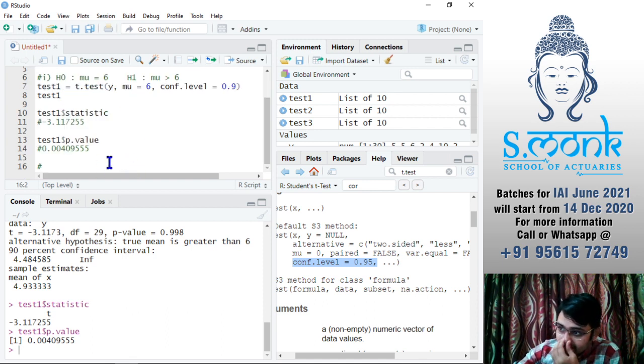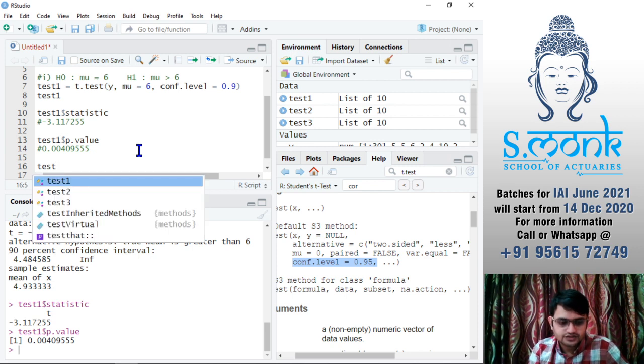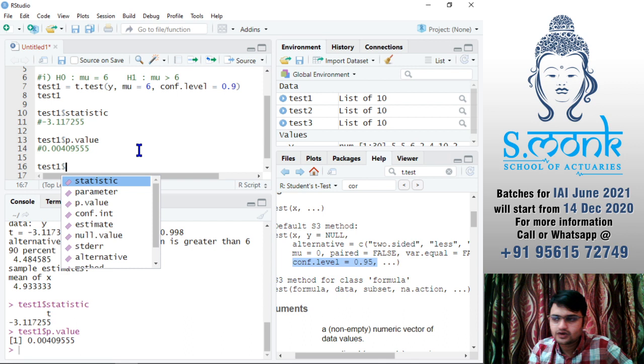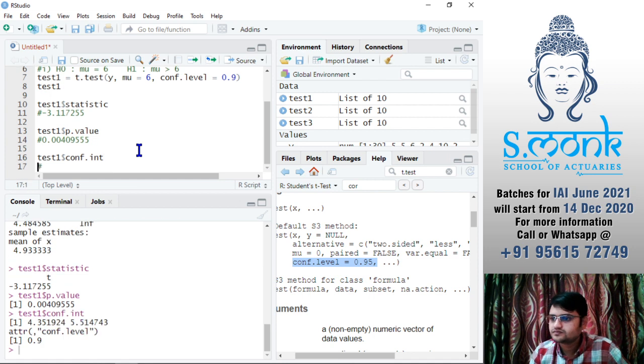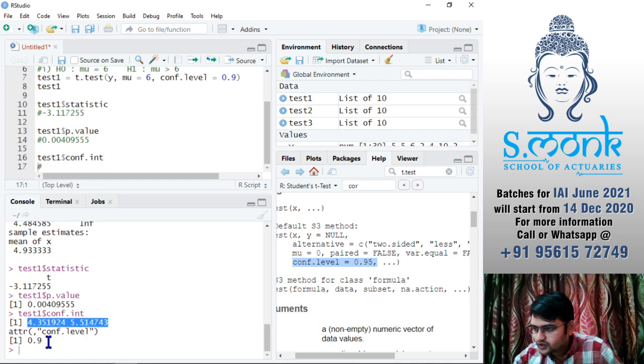Okay, and let's say we also needed to show the confidence interval. So I'll say test $1. Now here we have confidence interval, and it also says it is a 90% confidence interval.